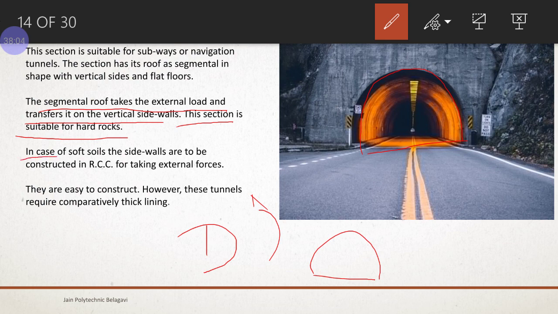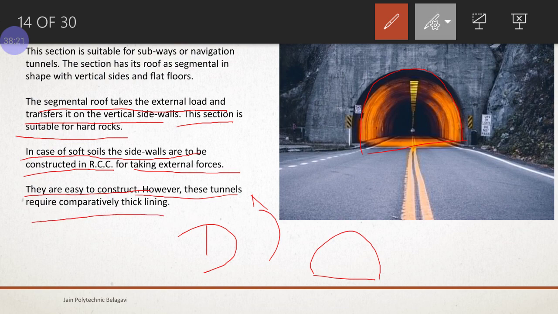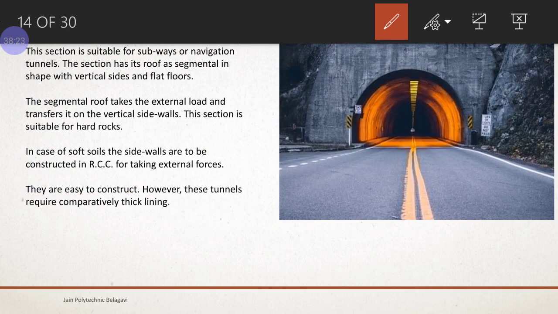In the case of soft soils, the side walls are constructed of RCC for taking up the external forces. These are easy to construct, however these tunnels have thick lining. If you can see here, the black color outer lining, this is called lining thickness.